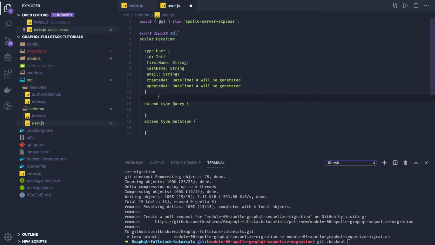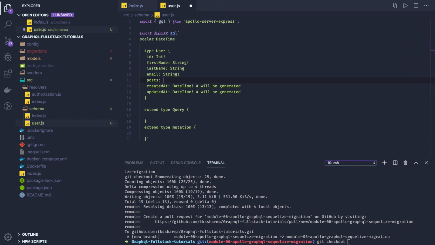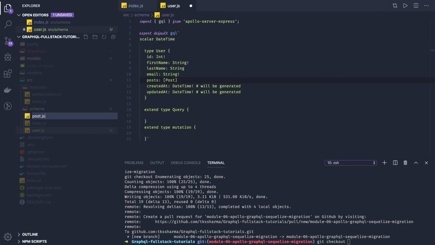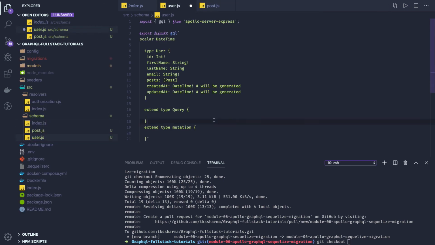Right now in the query, what all APIs we are going to trigger on the user, like all users, fetch post, all tags, fetch tags, right? Because user is having the association with the post also. So in future you will be getting the posts also, and in that case you just need to define one type which is posts. Either you define this type here or you define that type in the post.js which we are going to create. It will just inherit from there. So this is user, we can have post.